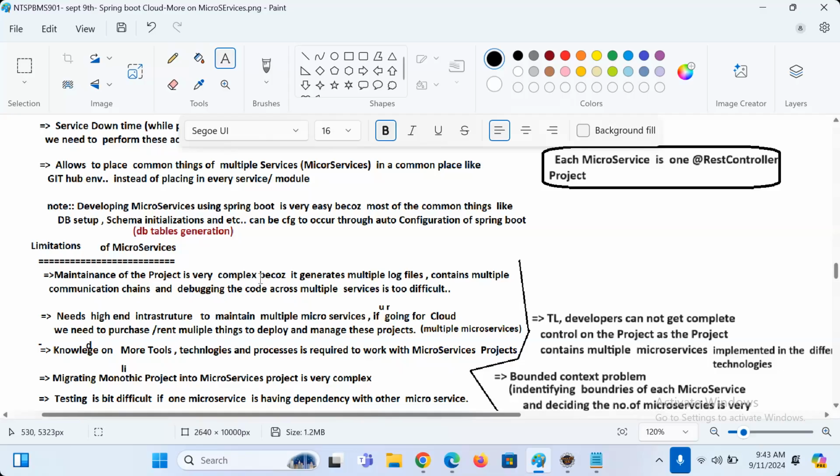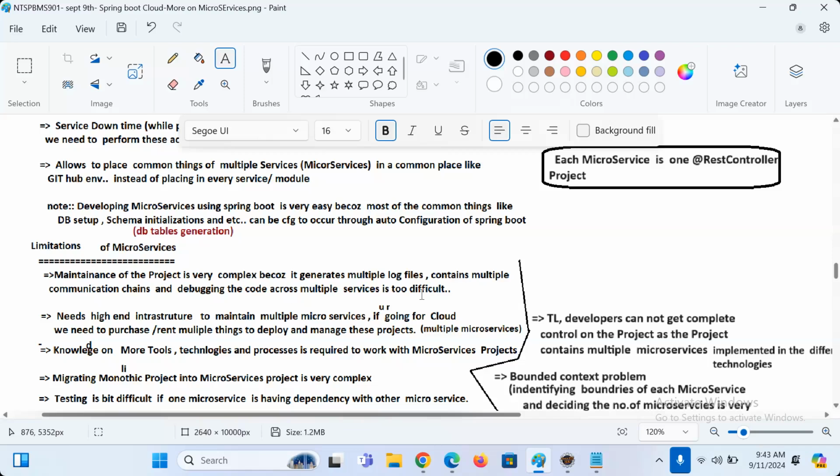Maintenance of the project is very complex because it generates multiple log files, contains multiple communication chains, and debugging the code across the multiple services is too difficult.